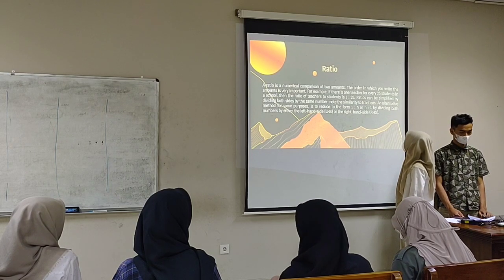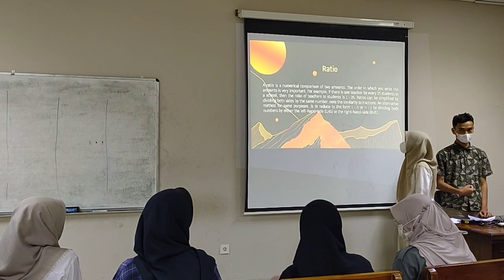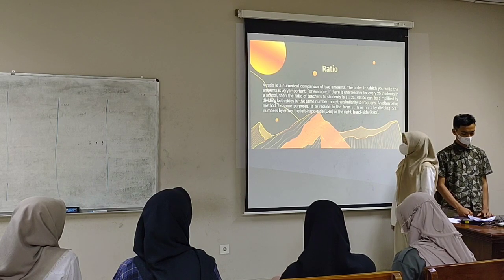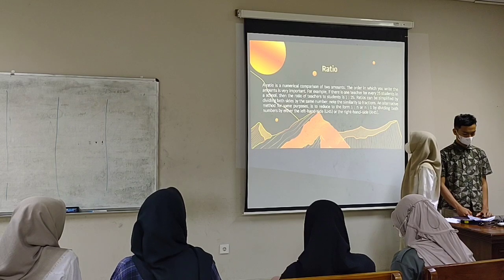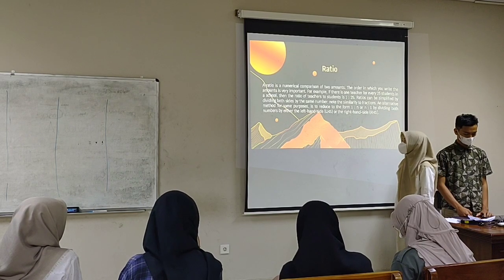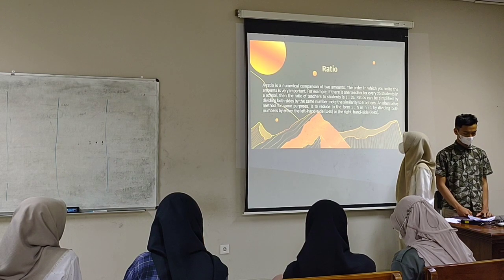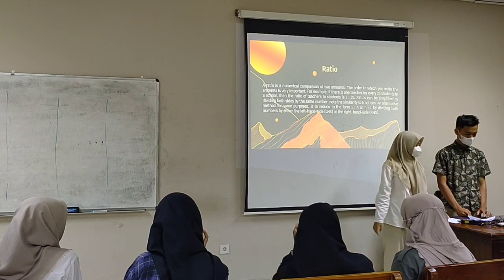Ratios can be simplified by dividing both sides by the same number. Note the similarity to fractions. An alternative method for some purposes is to reduce to the form 1 to n or n to 1 by dividing both numbers by either the left hand side (LHS) or the right hand side (RHS).